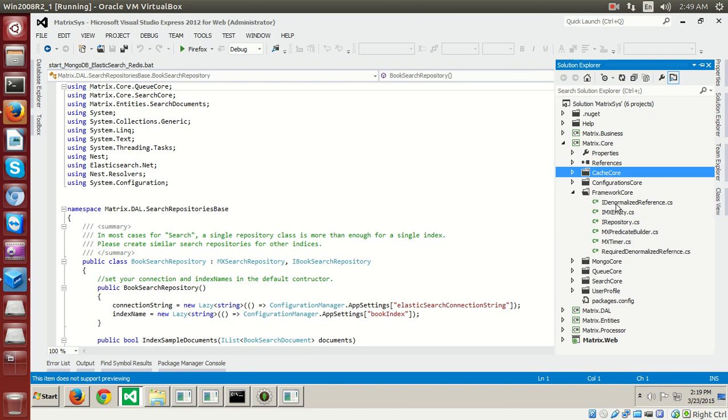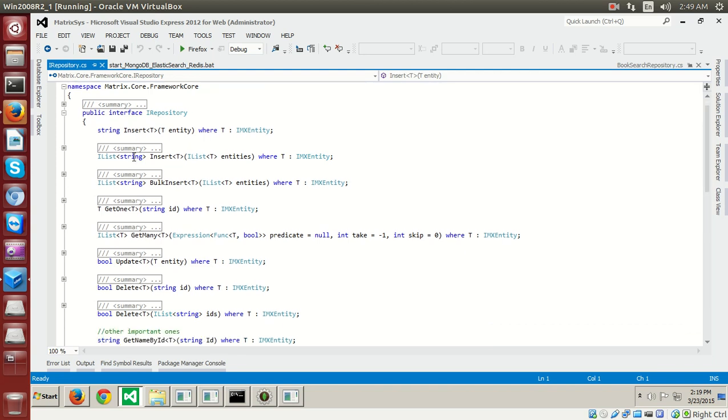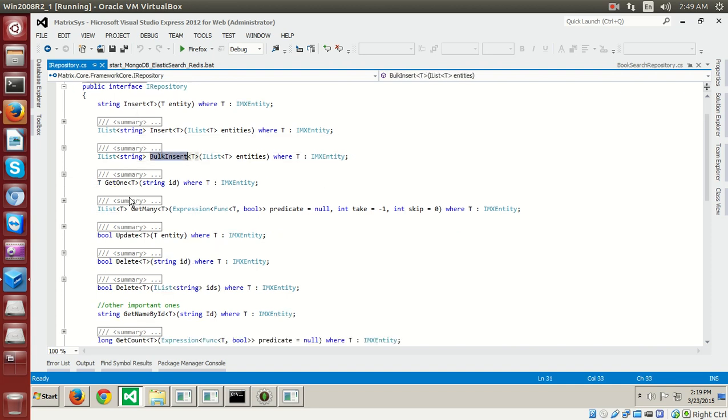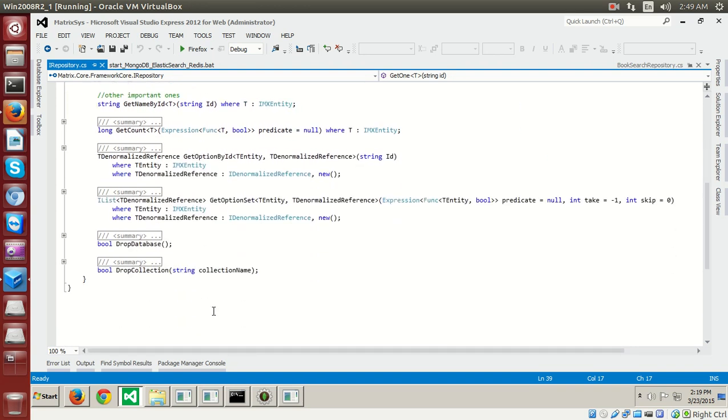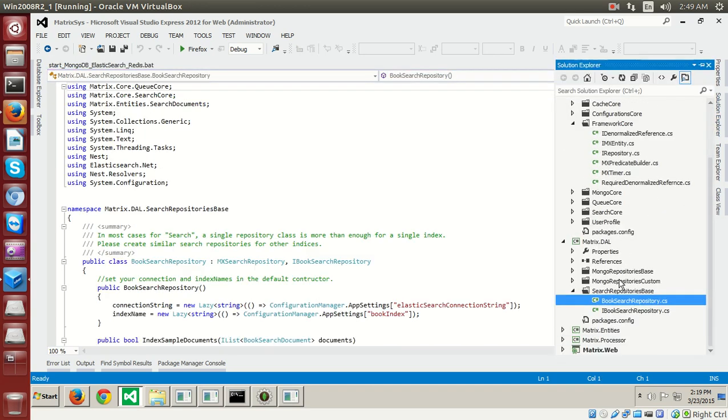The framework core basically contains the most generic stuff, say the repository stuff. This is the database repository interface, which has the usual ceremony for CRUD operations, say insert batches, insert in bulk, then get one by ID, get many, update, delete, and other stuff. And this is implemented in